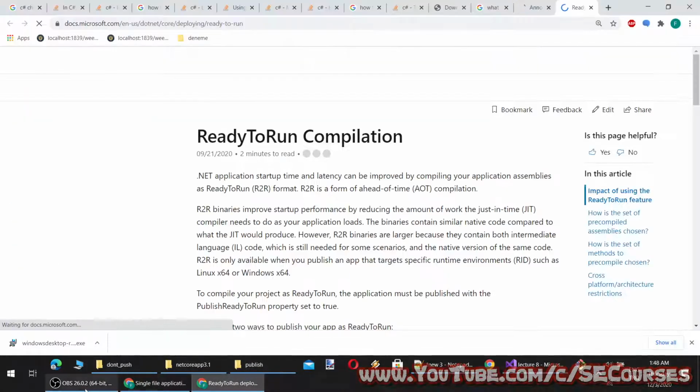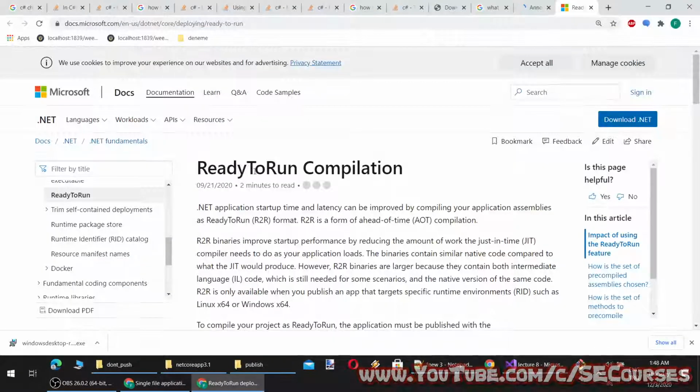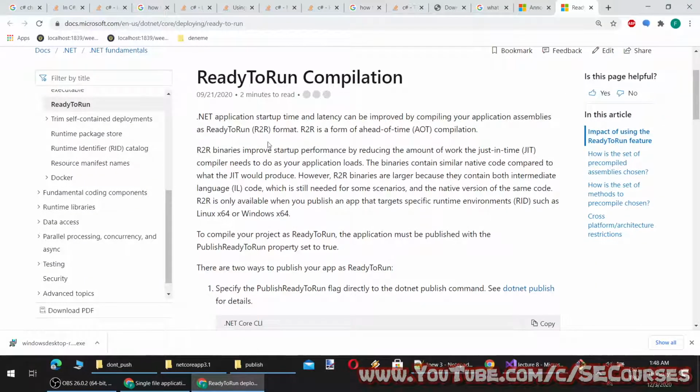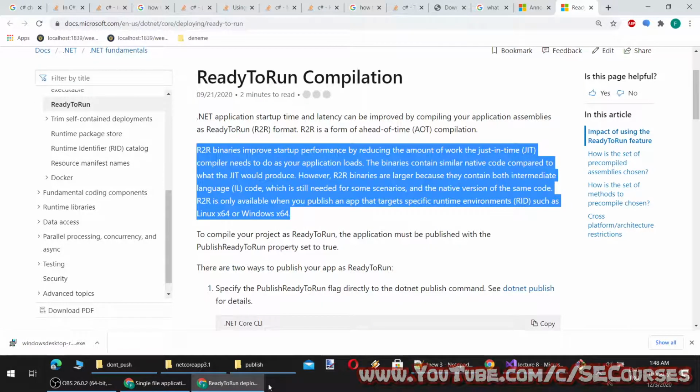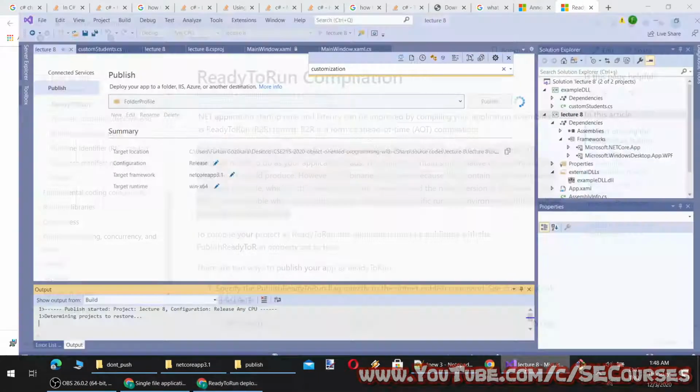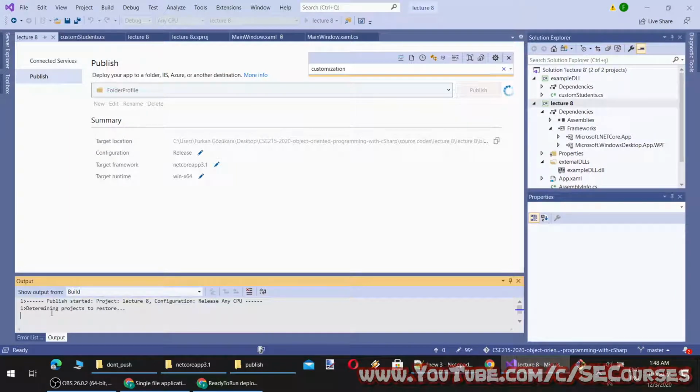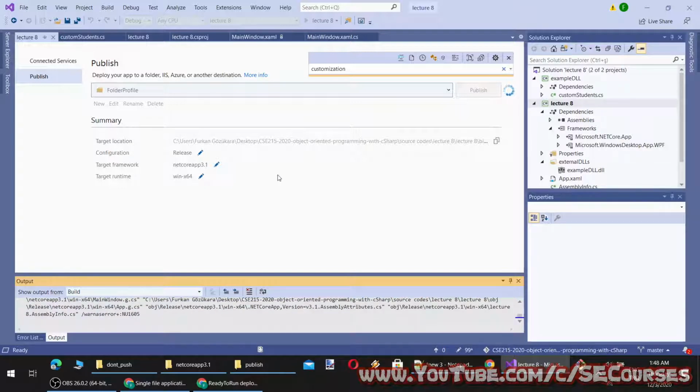So the publish will overwrite the previous values, I think. Yeah, so it will make it even faster with ready to run compilation. Okay, it says determining projects to restore. So it is currently trying to publish with release configuration, target framework .NET Core 3.1, and it is a 64-bit application, and it should generate a single file.